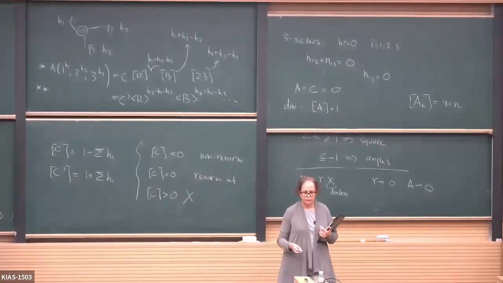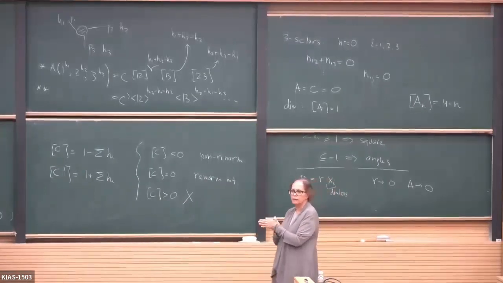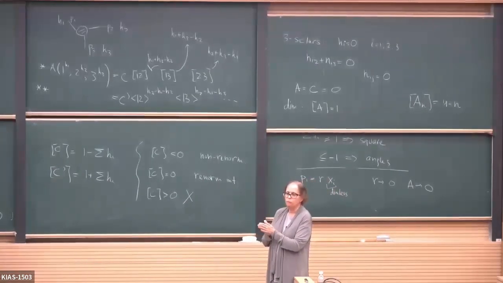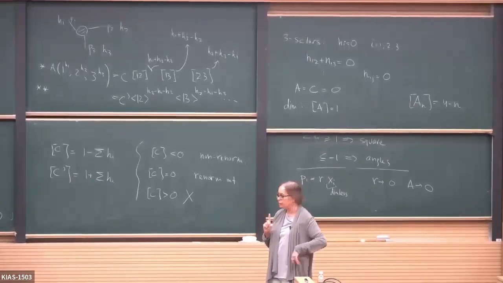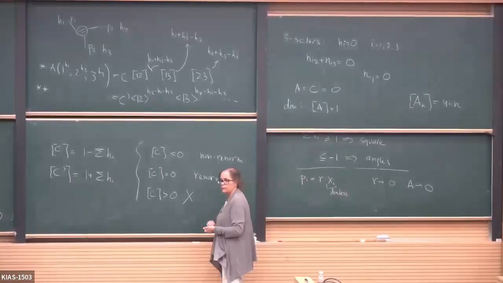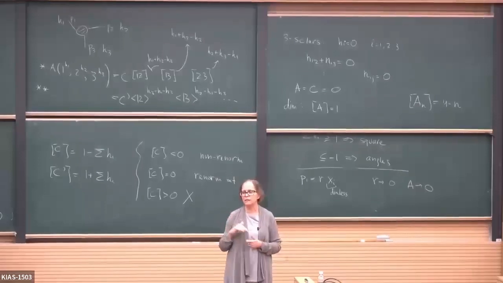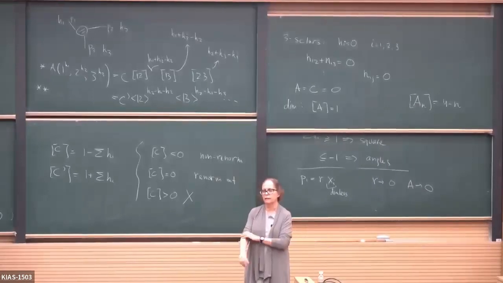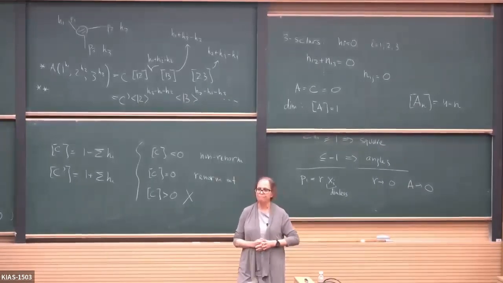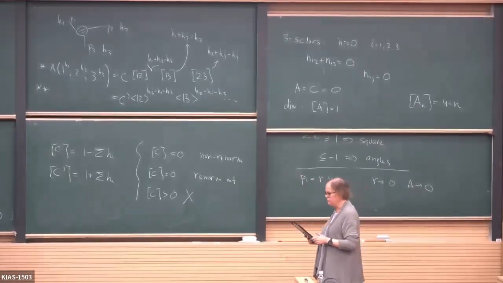Because there is no massive scale in the problem. But maybe the theory has another scale, while external... Yeah, but not the mass, right? So okay, good. So suppose there is some other mass scale, okay? For example, a cutoff or whatever. So the cutoff can only appear in the denominator. It cannot appear in the numerator. So that's all I'm using. Right, exactly. And that's what we're going to see right now. Okay, good. So that's exactly what we're going to do.